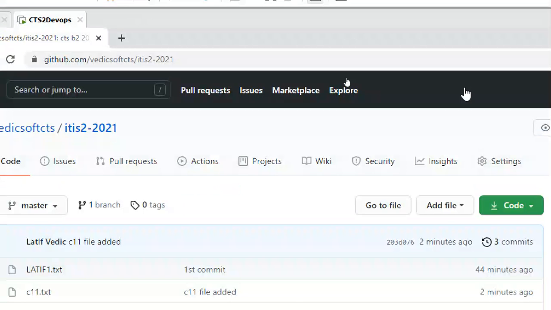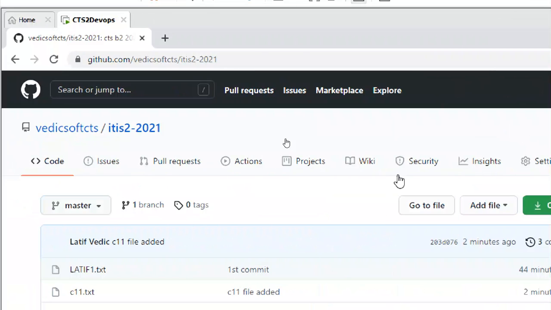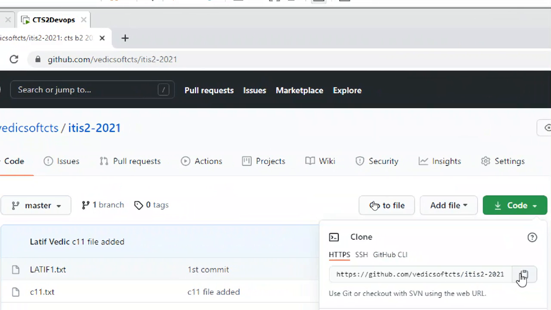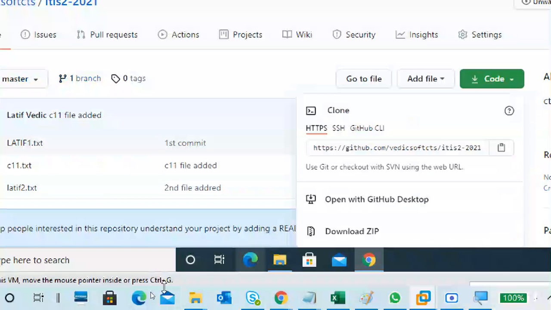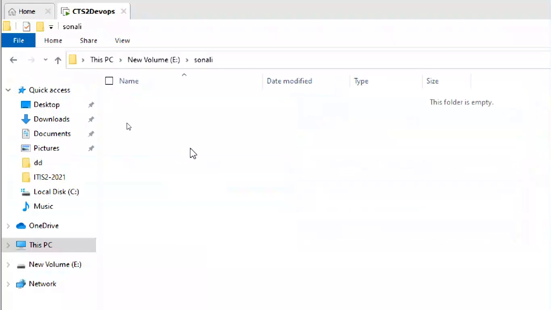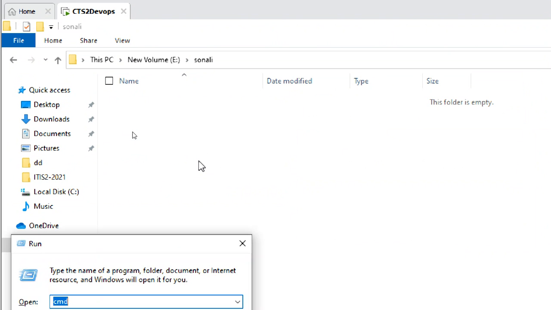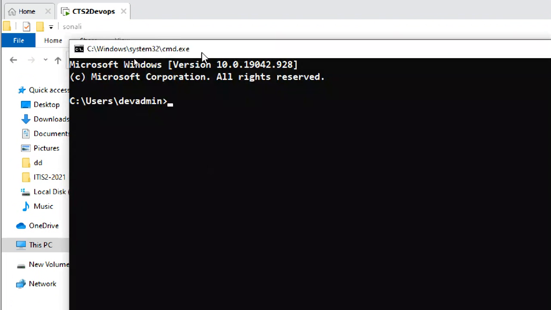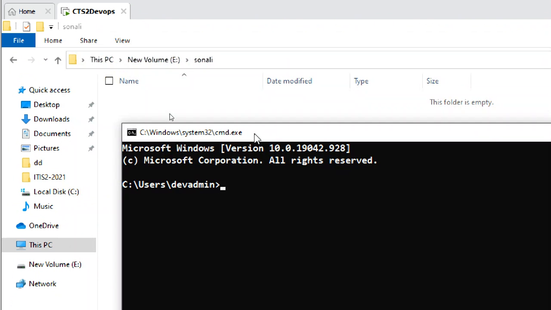So what has she done? Tell me the commands one by one. First of all, copy this link and keep it aside. Next, go to Sonali's folder in CMD: E colon, cd Sonali.